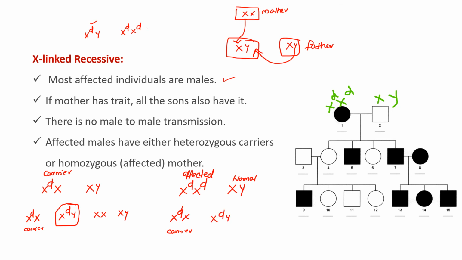This is affected male offspring. This is also carrier female offspring and this is affected male offspring. So, affected males have either heterozygous carriers or homozygous mother. And one more point,